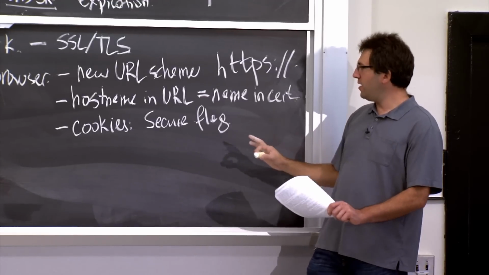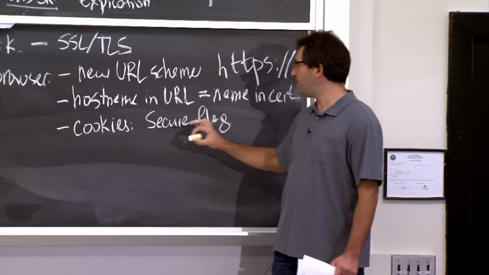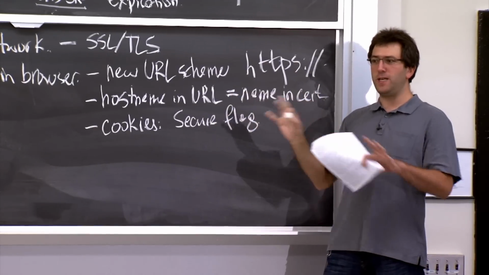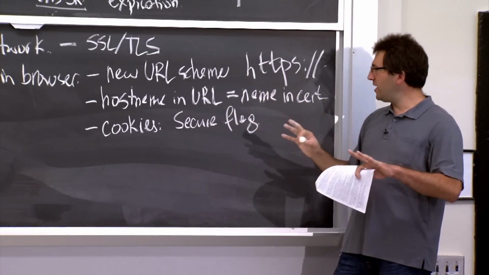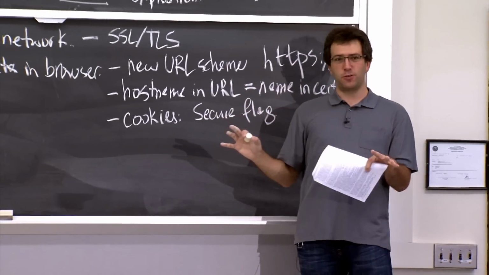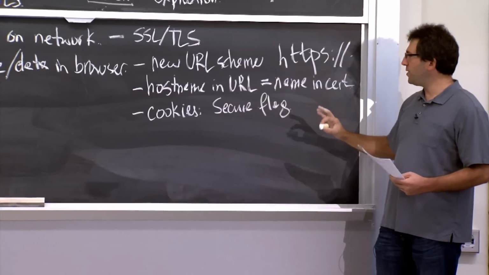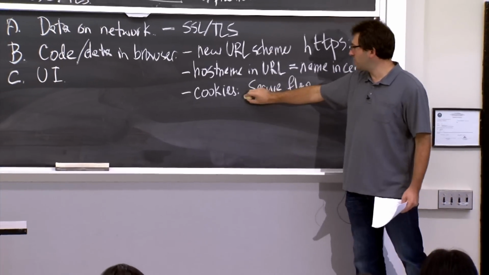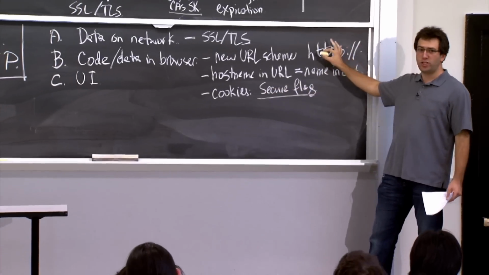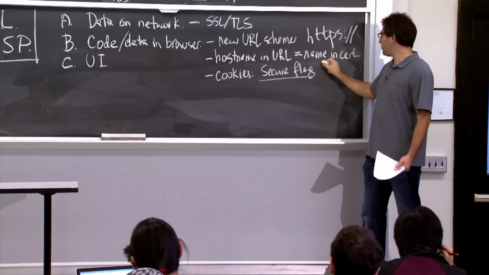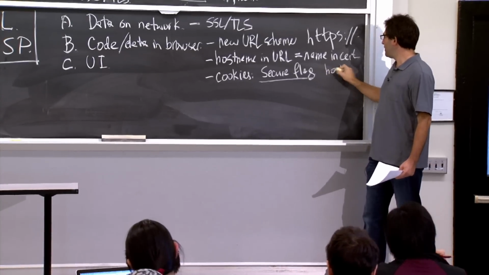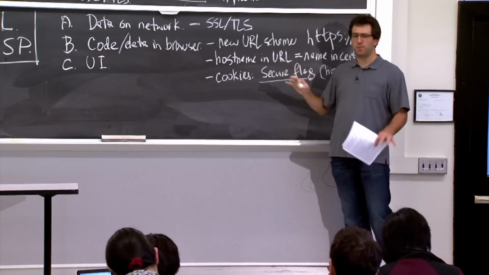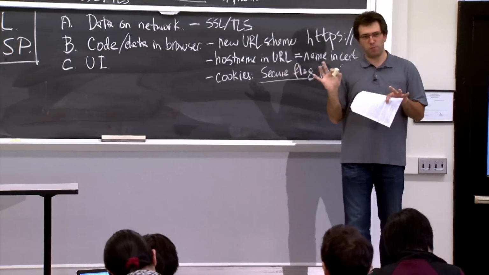It would be cleaner if cookies just said, this is a cookie for an HTTPS host, and this is a cookie for an HTTP host, and they're just completely different. That would be very clean in terms of isolating secure sites from insecure sites. Unfortunately, for historical reasons, cookies have this weird interaction. If a cookie is marked secure, then it only applies to HTTPS host URLs, and insecure cookies apply to both. So that'll be some source of problems for us in a second.